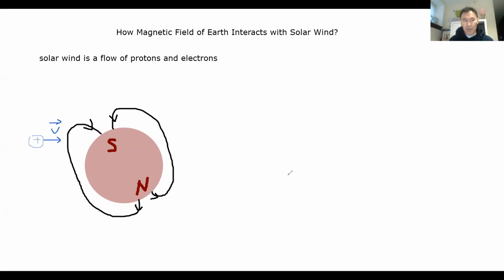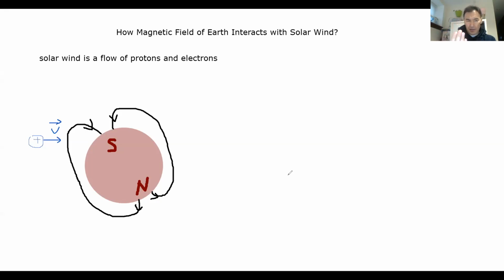So on my screen, the particle is moving to my right. It should be the same thing for you. Can everybody see me? Yes. So if I point, the thumb will be pointing along the velocity vector. It's going to my right. I'm using 4 fingers to represent magnetic field, so it's going generally in upward direction, which means the force on the charged particle will be going towards me